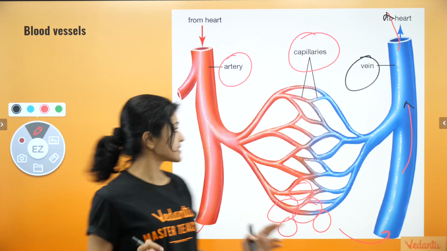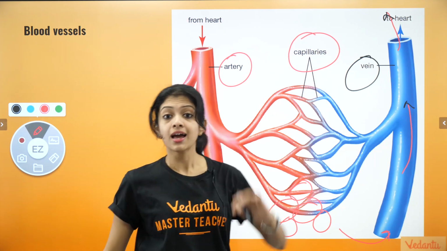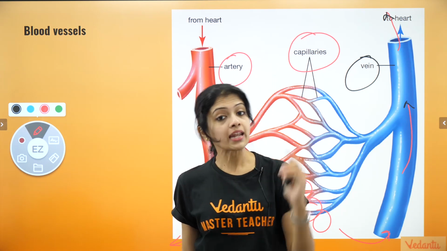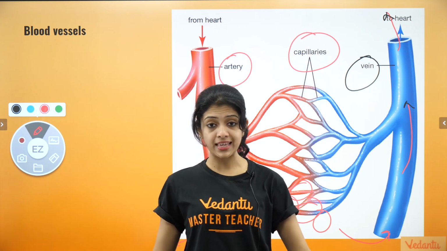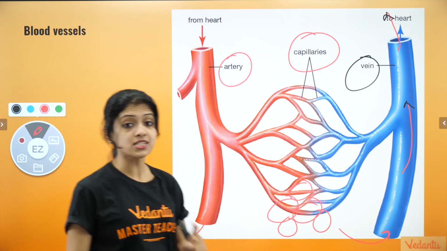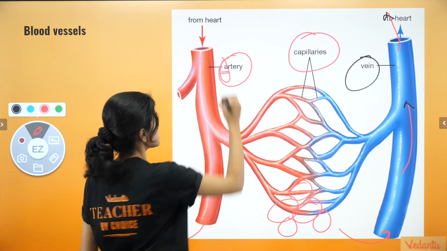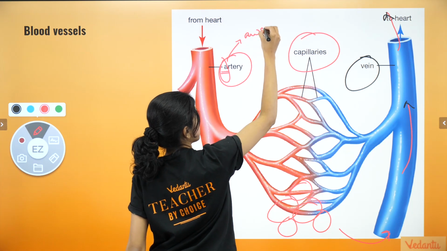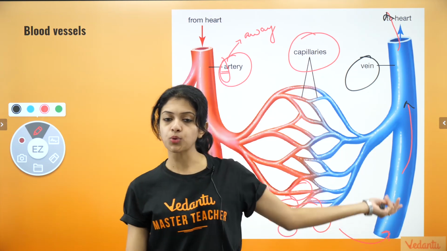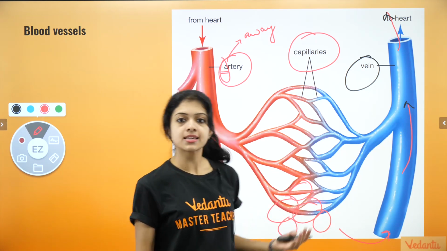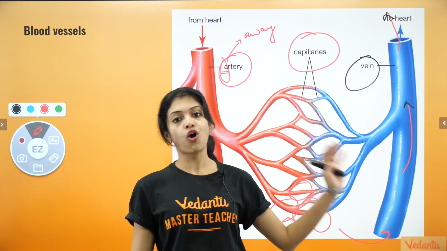For the time being, just understand arteries carry blood away from the heart, veins carry blood towards the heart. This rule never changes. Now, how do you remember this? Children normally get confused. Is it the vein or the artery that carries blood away from the heart? It is always the artery. Imagine or remember that A in artery stands for away. Okay? And of course, the veins will be the opposite of this. Veins would be towards the heart. Capillaries, somewhere connecting the two after they branch and further branch at the tissue or cellular level.